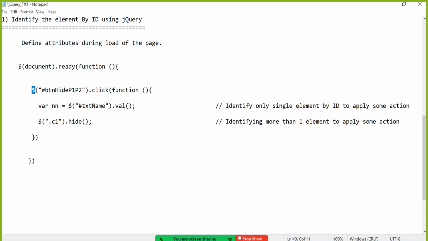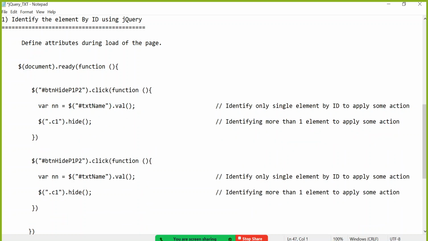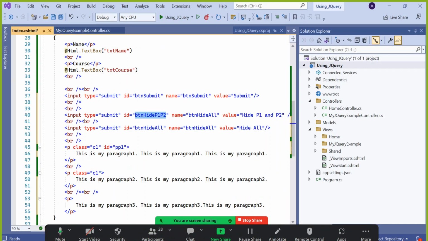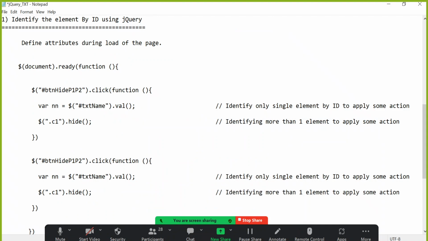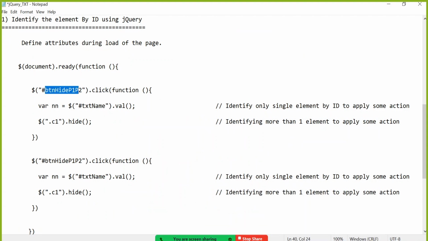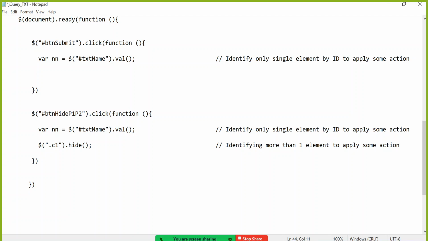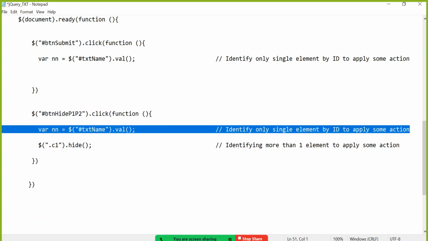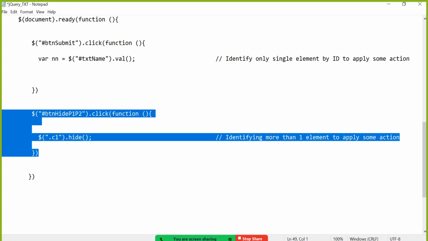Okay, and one more attribute. document.ready can have multiple attributes also. So here the first attribute I will say btn submit. On btn submit, please collect that name and store it. Okay, this is identified by a single element. This is identified by style sheet, multiple elements, and one more attribute I will define under the same